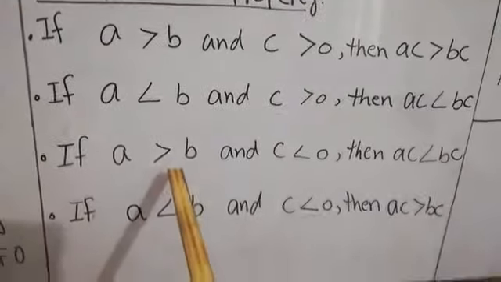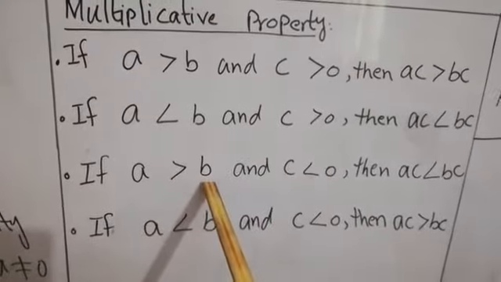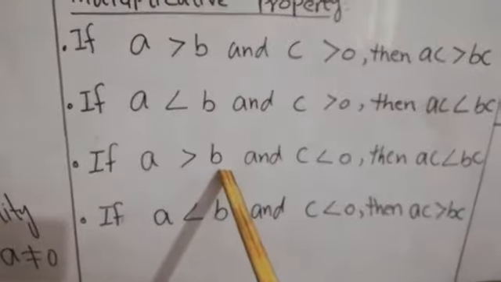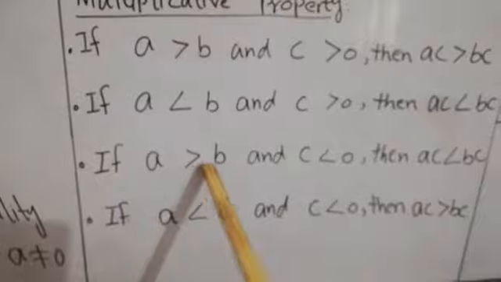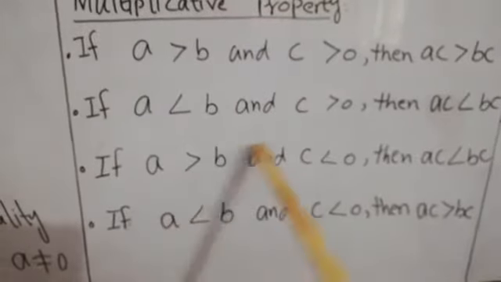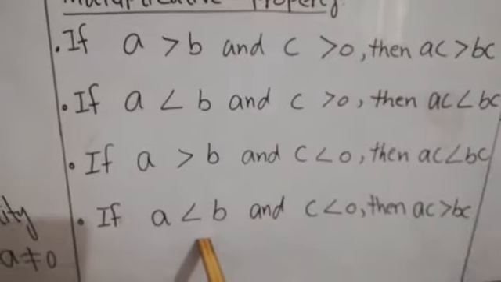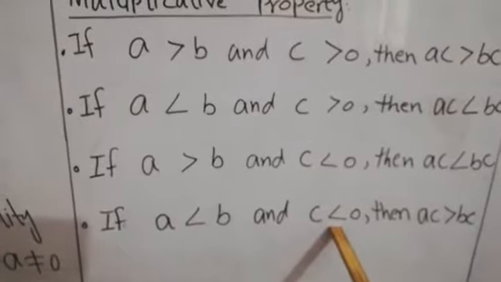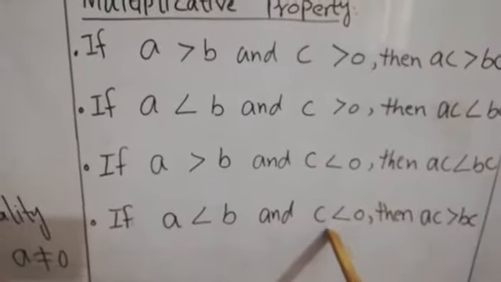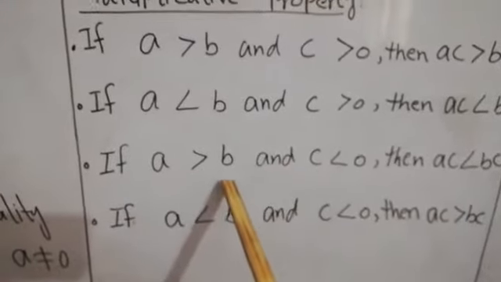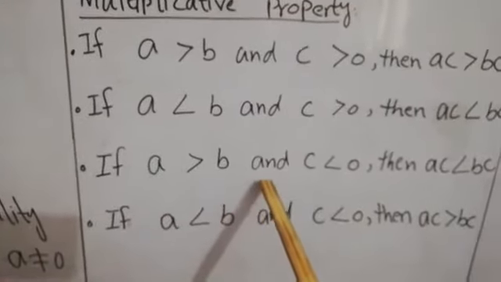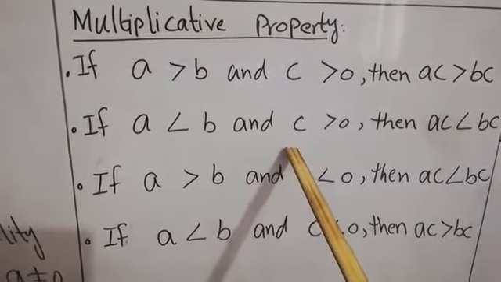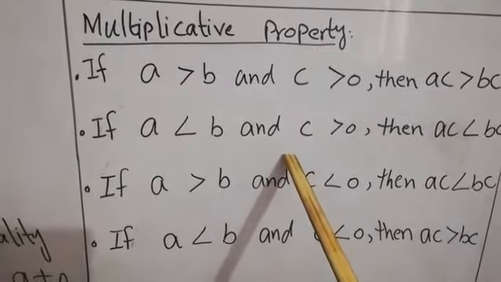But in the other case, for example, if A is greater than B but C is less than 0, means when we multiply these 2 numbers with a negative number, then their sign will be inverted. If it is greater than, then their product has the less than sign. If it is less than, then its product has a greater than sign. When we multiply or divide any number with a negative number, this will apply in the same way in division also. Okay, remember this property, keep it in your mind, and now we are going to solve the questions of the exercise.